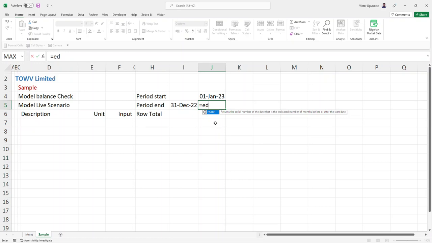So EDATE, I'll double click it, open a bracket, the bracket will open immediately. I double click it. What is my start date? So this is my start date, comma, and what's the number of months? So 12, right? So we could decide to type 12 like this, but our financial modeling standard is saying, hey,